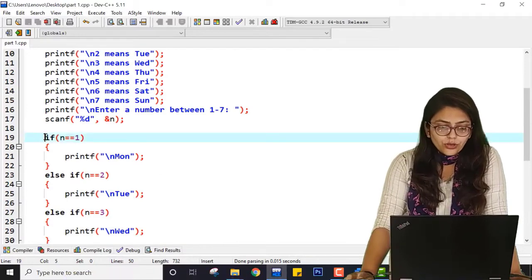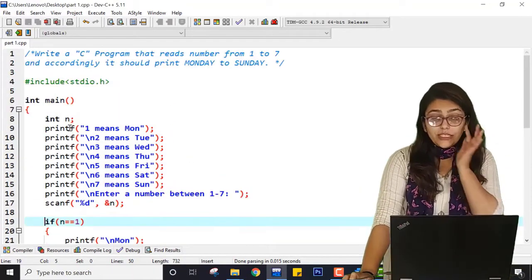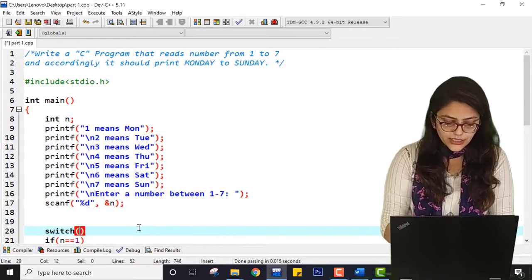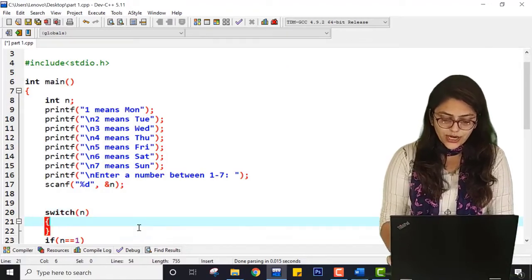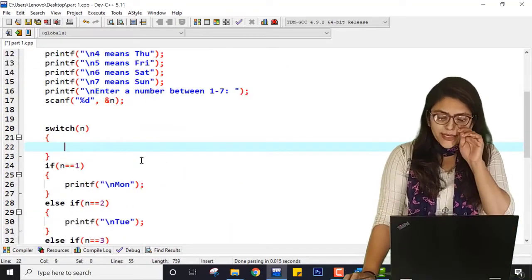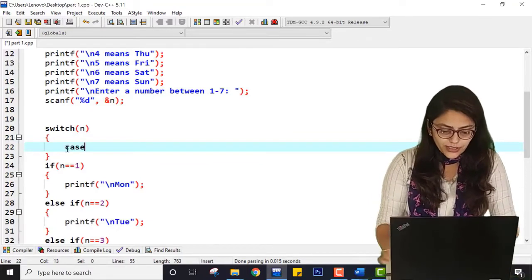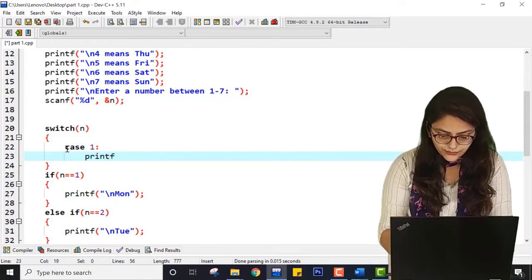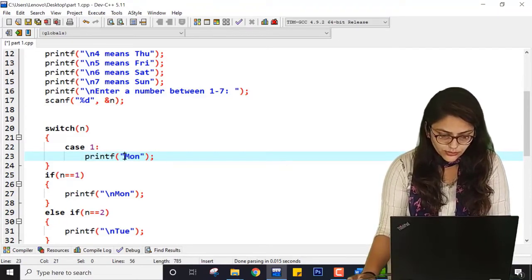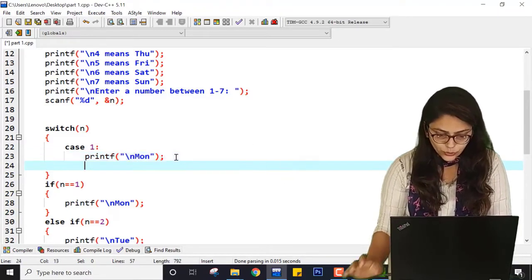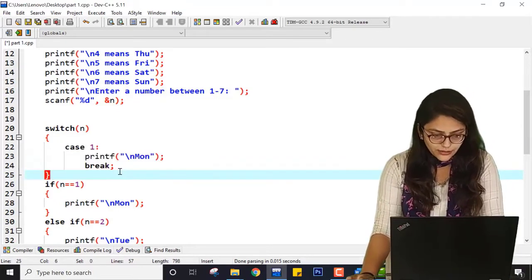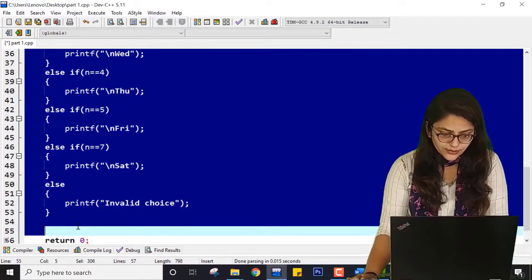So this is how you can perform this program using else if. Now, what can you do to convert this into a switch case? So this will stay common, but here you have to write switch instead of if, and inside this switch I am going to take the value of n, because based on the value of n I am going to print something. Here it will be case 1, accordingly printf Monday, and then here also I have to put \n, and then don't forget to put the break statement, right? So let me just copy this and erase everything.